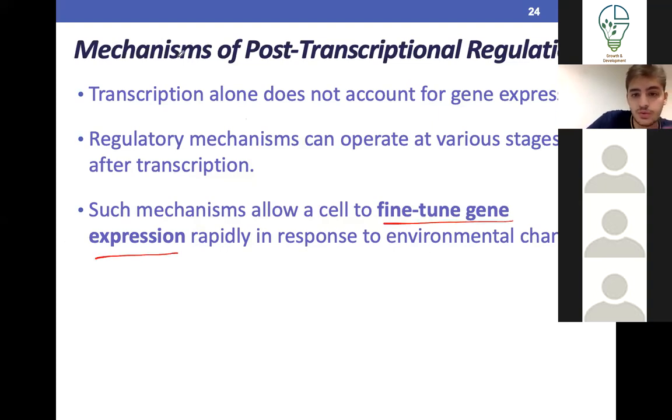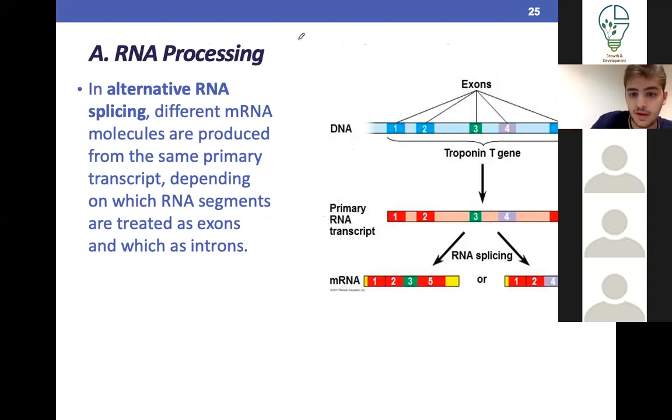This includes, we've produced the mRNA, and this is called primary mRNA. It has the introns, which you can see here, and it has the exons, which you can see are numbered here. Now, just because we produce the mRNA doesn't mean we can't affect the phenotype. We can. One of the first things is RNA processing.